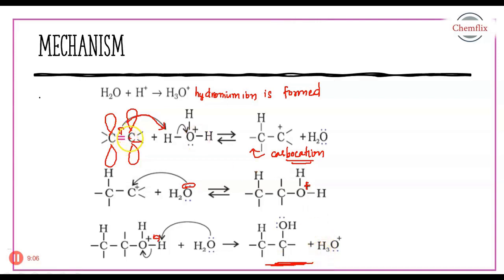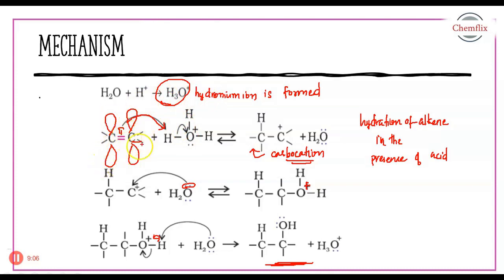What is actually happening here is hydration of alkene in the presence of an acid. This acid acts as a catalyst, and thereby a hydronium ion is easily produced. This hydronium ion, being electron deficient,